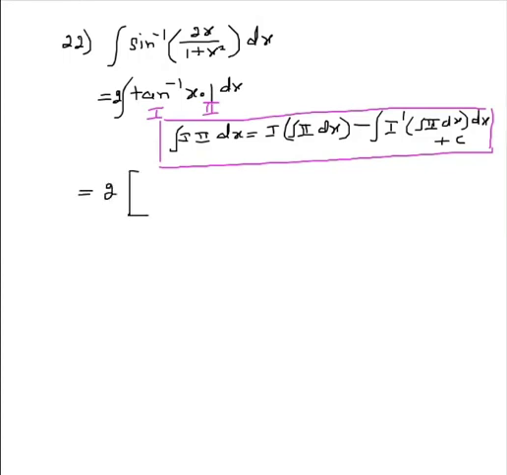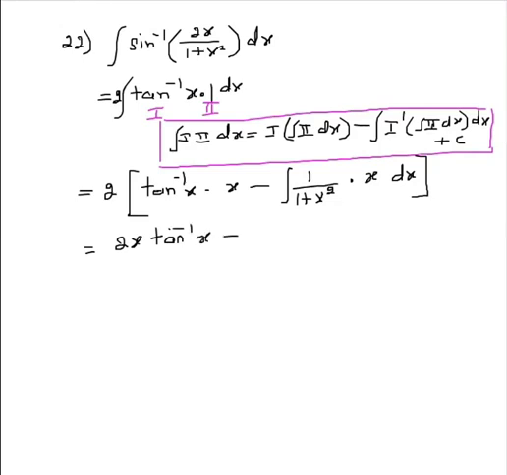Two times first function into integral of 1 second function, which is x, minus integral differential of the first function. Differential of tan inverse is 1 by 1 plus x square, into integral of the second function. Integral of 1 is x dx, which is equal to 2x tan inverse of x